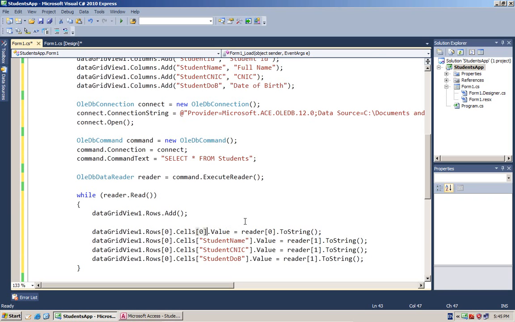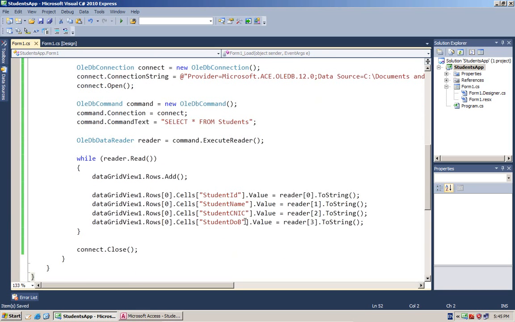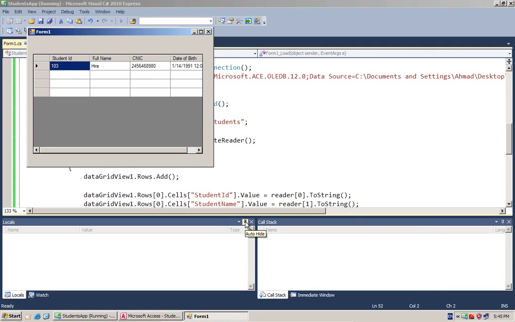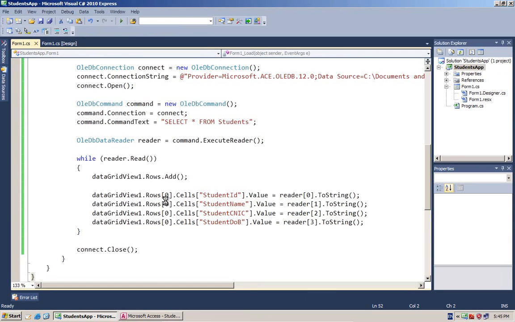To be more clear, let's give it student ID. Of course it will run perfectly without giving it. So let's run it and see if it worked. Okay, it did work, but the problem is that, yeah, this is the problem.